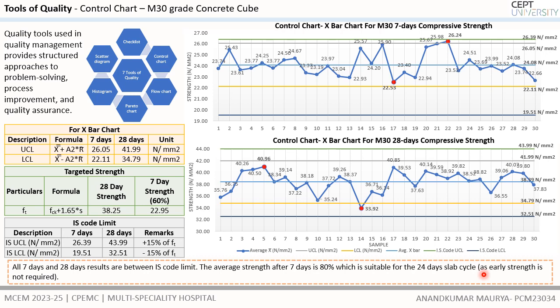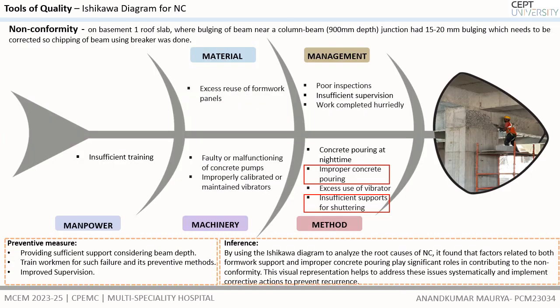the duration. Here is the second tool of quality, which is the Ishikawa diagram, also called the fishbone diagram and cause and effect diagram. This tool helps in brainstorming the root cause of quality issues. The issue is represented by the head, where the potential contributing factors are shown in the branches, giving the impression of a fish skeleton. Here a non-conformity was found at the site, where there was 15 to 20 mm bulging in